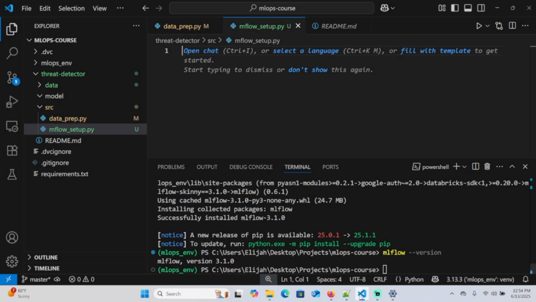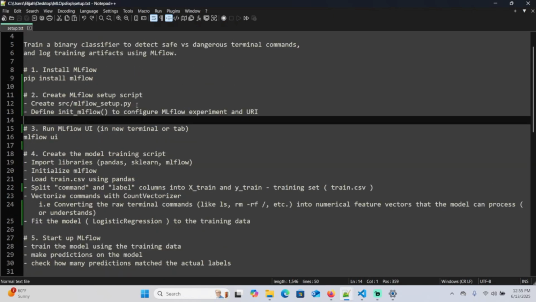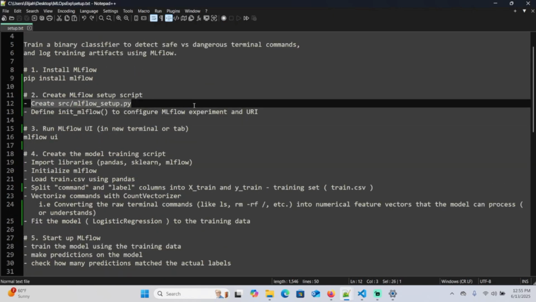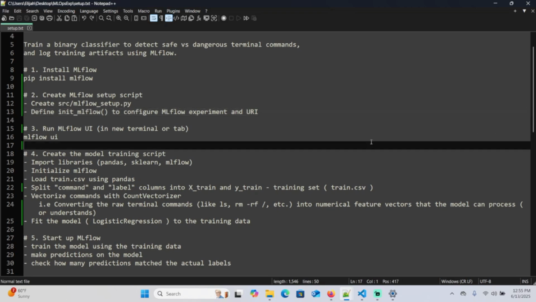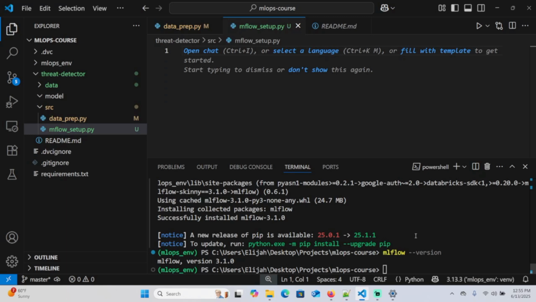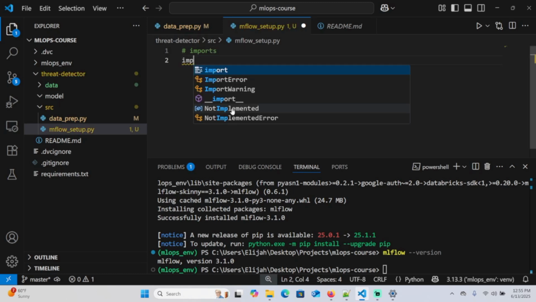Okay, so go back to the setup.txt file, open it up. Okay, so create source mlflow_setup.py, and then we're gonna define init_mlflow to configure the MLflow experiment and URI. So here we are basically writing a helper function. This helper function is gonna be used in conjunction with our train.py file. Okay, so go back to VS Code. Let's do our imports as we did the last time in module 3.2. Okay, imports. Okay, so import